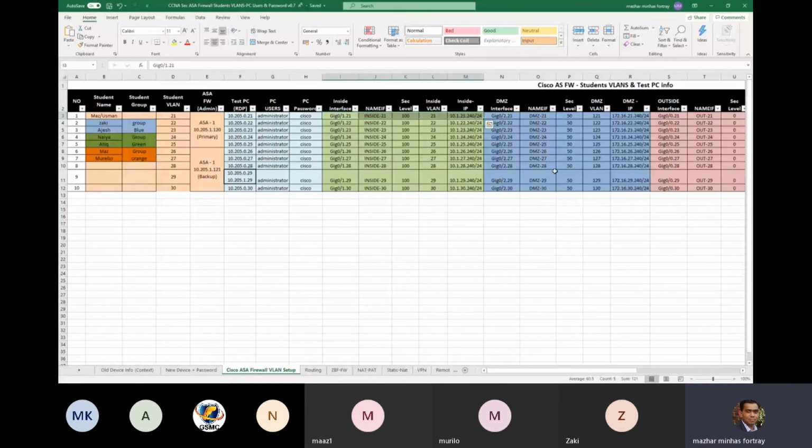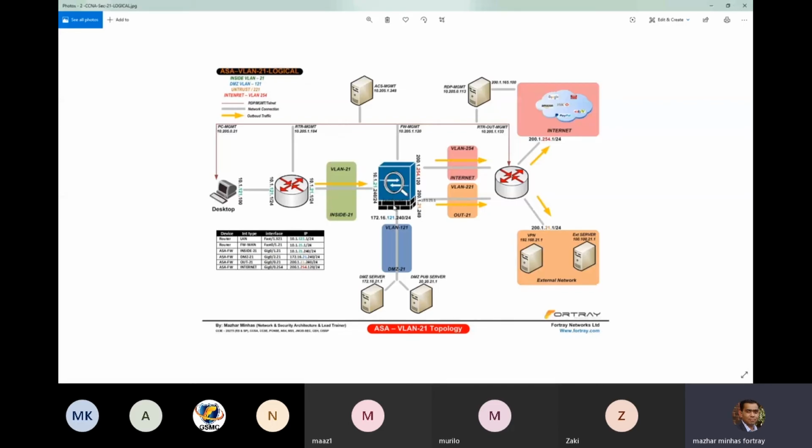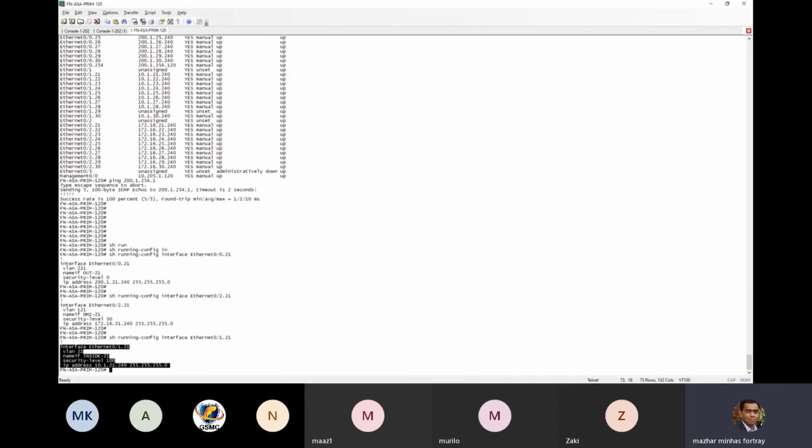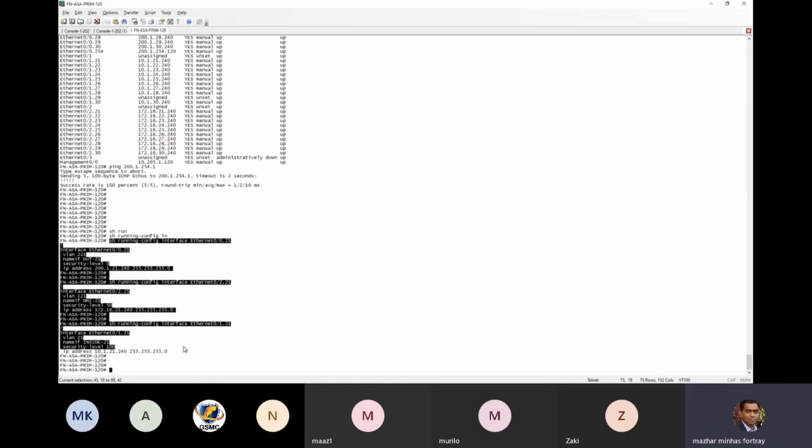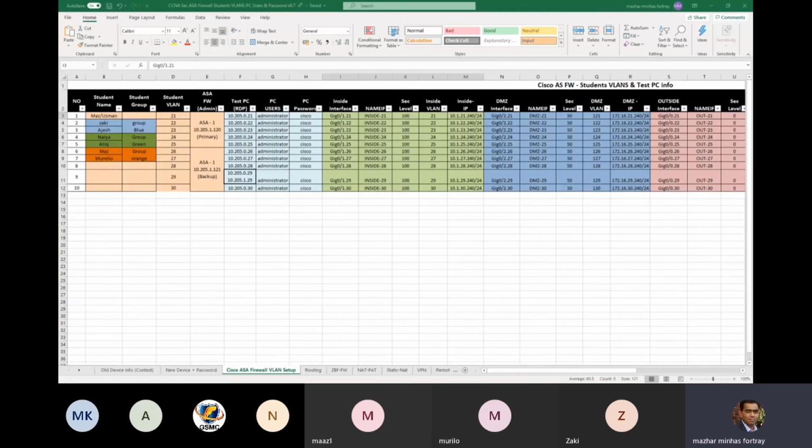These are the configuration parameters. As per our diagram, we need to make sure we have configured 3 interfaces minimum. These are already pre-configured for you. Please, everybody verify your own interfaces as per your VLAN. These are your VLANs here. Once you verify, please let me know ASAP.